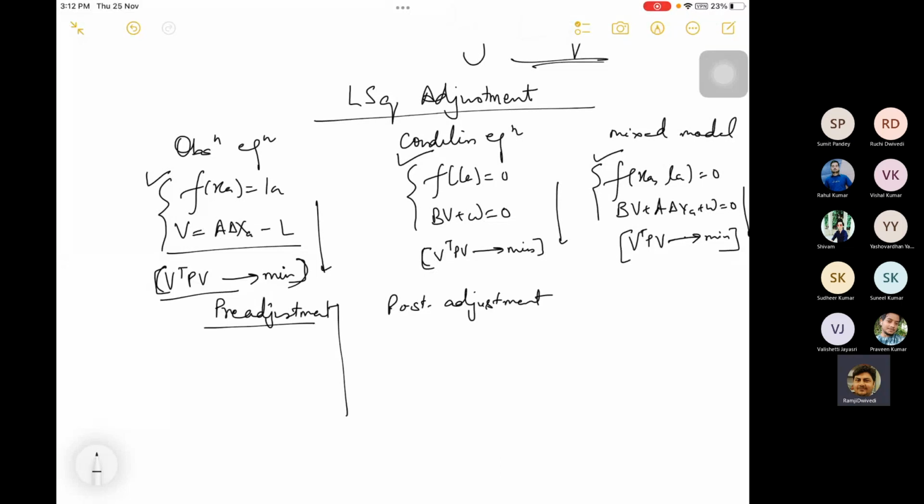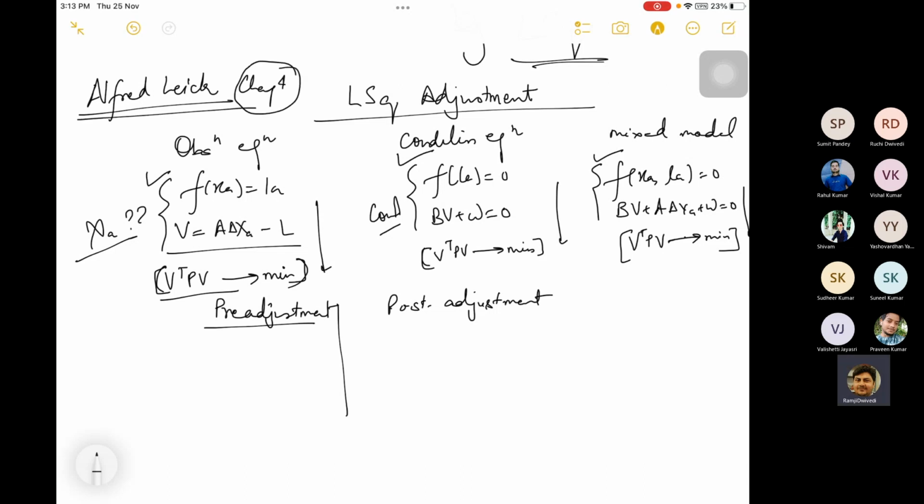So we all know how this X is estimated here, (A^T P A) inverse A^T P L. You know how the data is adjusted here in the condition equation method and here also in the mixed model. So we are not discussing the solution. There is a book by Alfred Leick, and there is a chapter 4 in that book. The content for observation equation, condition equation, or mixed model is very briefly explained in this book that I'll share today also. Sumit, just remind me for sharing this book,